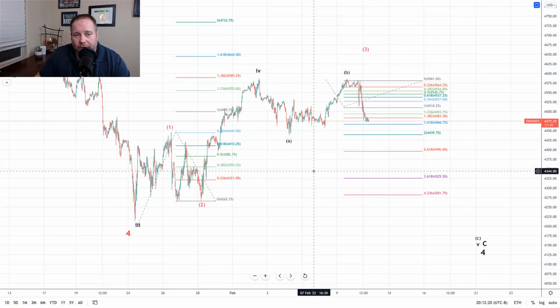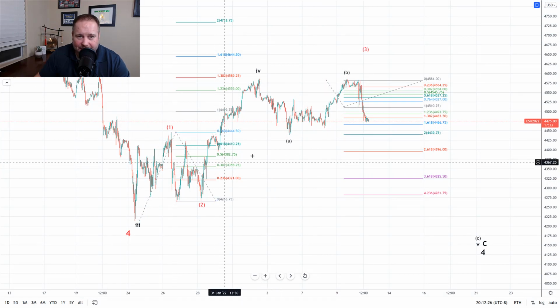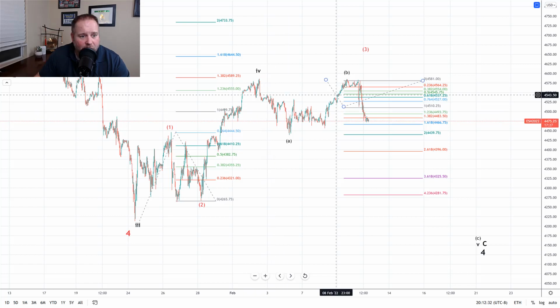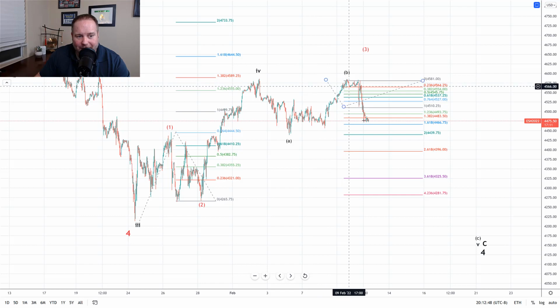Okay, guys, so here we are on the 30-minute chart, and as I've said many times, this has a bunch of overlap in it, and wave 4s are very messy, as we're seeing here now, and you get a lot of overlap and a lot of directional changes, which, again, is what we saw today. So off of the open, they were unable to take out this high, and if you remember yesterday in the video, I said the bearish path is they need to hold this high in place because it's under this high here by 1 point, and they need to get an impulsive move down, which they got.